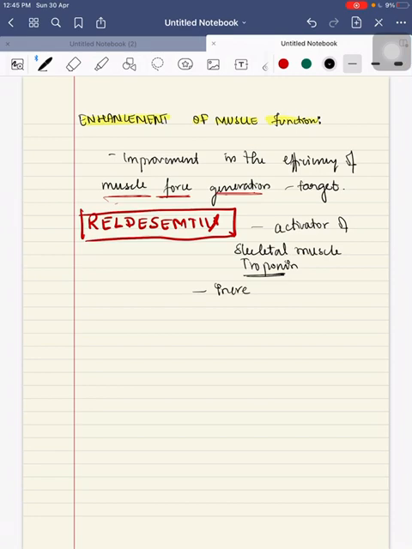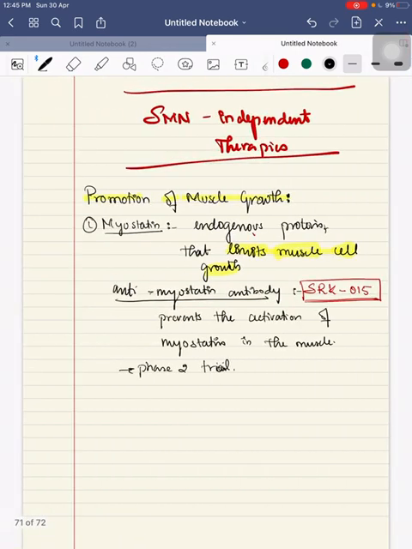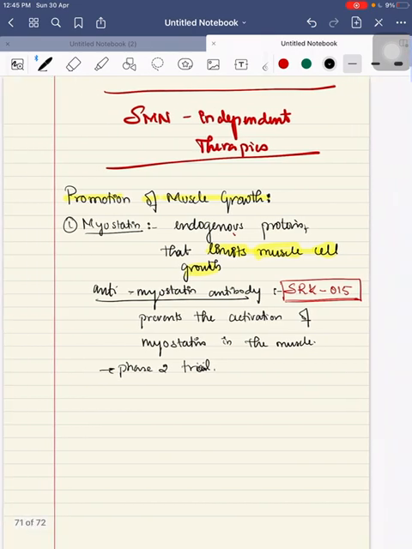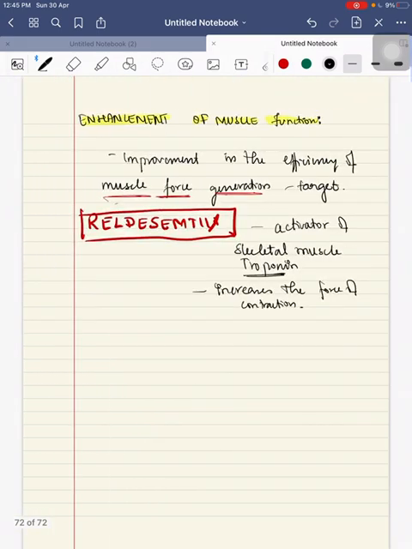Reldesemtiv is an activator of skeletal muscle troponin, and it also increases the force of contraction. So this is about the recent advances in the treatment of spinal muscular atrophy: SMN independent therapies and SMN dependent therapies. In SMN independent therapies we have SRK015, which is an anti-myostatin antibody, and reldesemtiv, which is the activator of skeletal muscle troponin, and it increases the